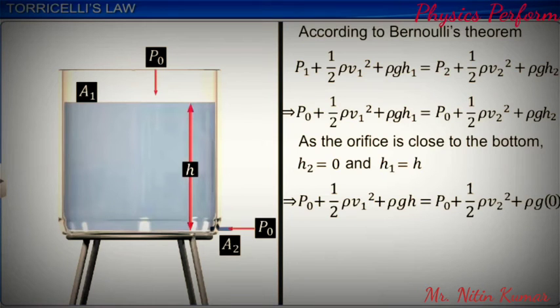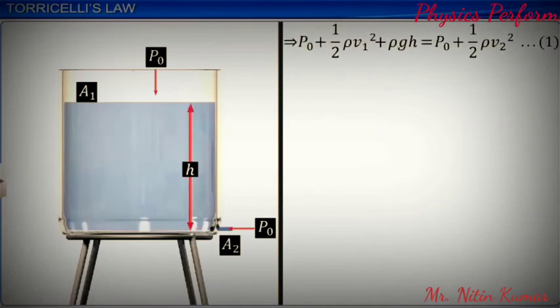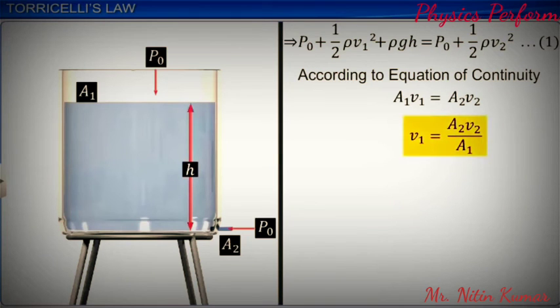On simplification, we get the expression shown. Let's call this equation 1. According to the equation of continuity, A1V1 is equal to A2V2, or V1 is equal to A2V2 divided by A1. Let's call this equation 2. Substituting equation 2 in equation 1